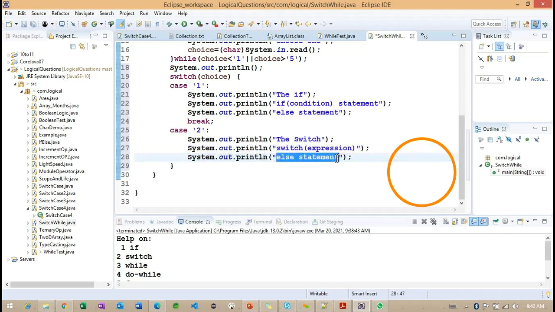Later, what are we going to have here? The case statement. Right. And later we are going to have one more, something called break.